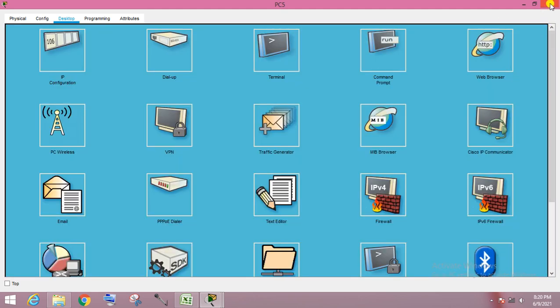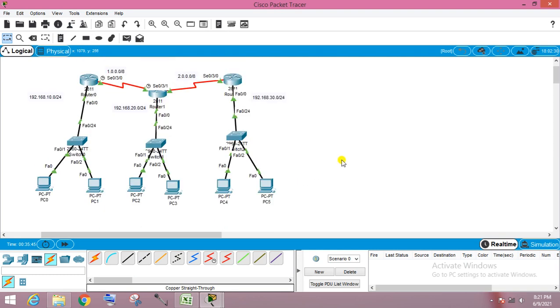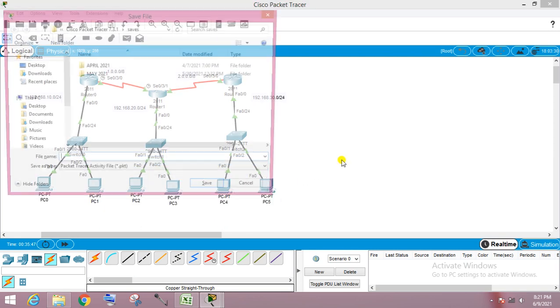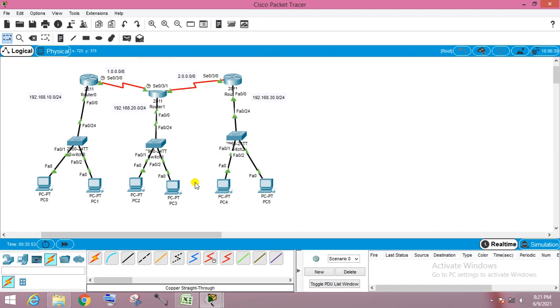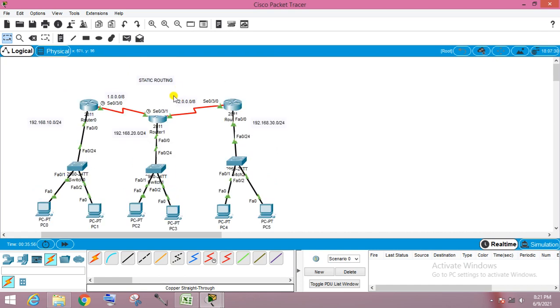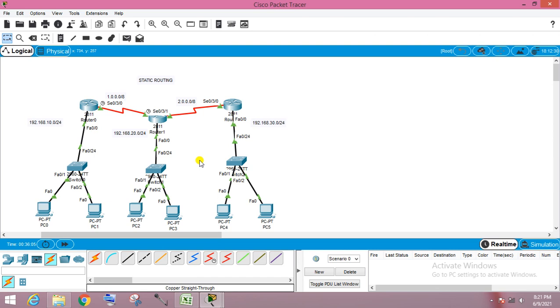Hope you understood how we have to do static routing. So this was the static routing which today we have learned. Okay. Hope you also understood this topic with some commands in brief. And next topic we will do some default routing.